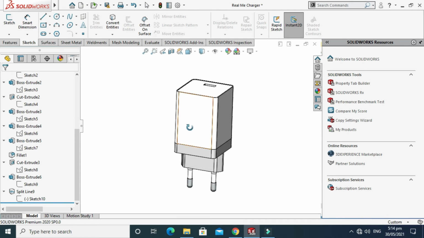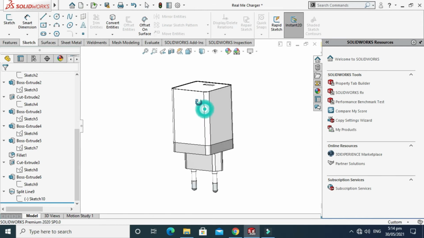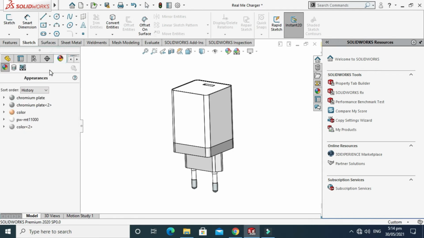Let's say I want to apply texture, material, or color on this model. I have already applied. Let's say I want to see what material, colors, or texture I have applied to this model. This is the DimXpert manager. I want to select this icon, and here it is showing the history of my appearances.